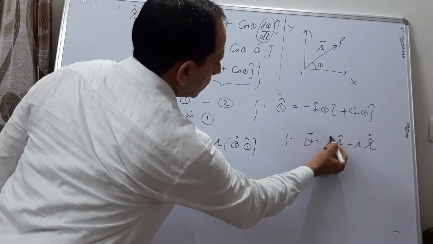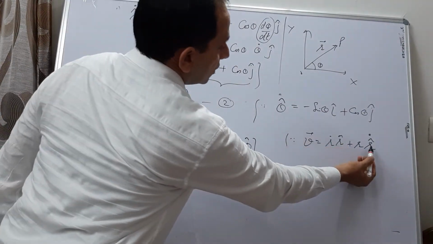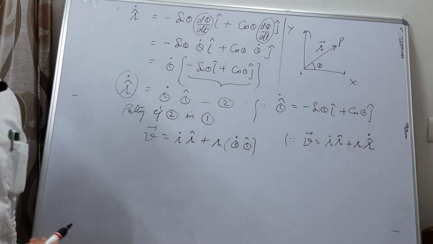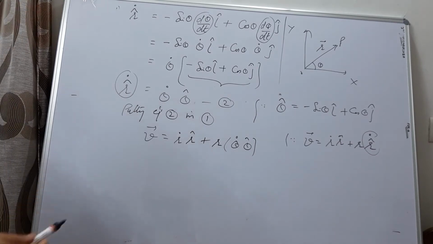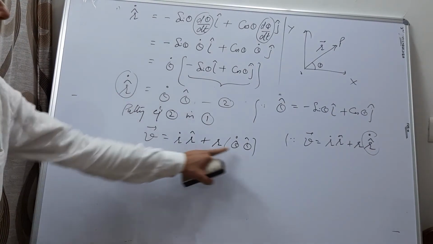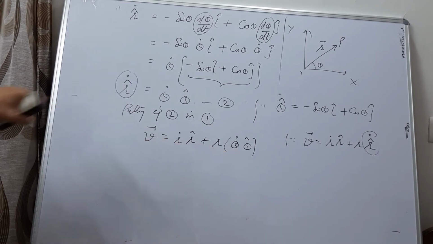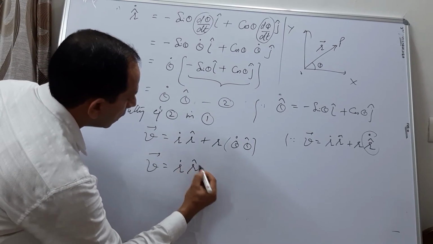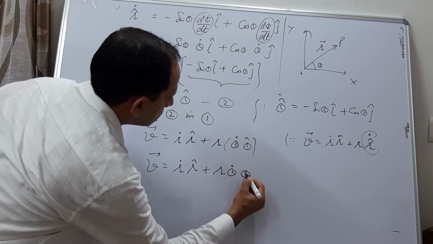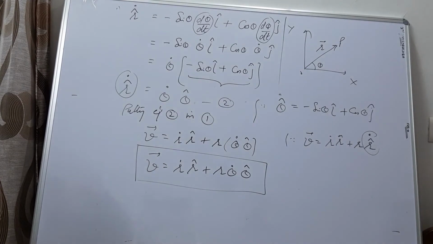So, this r dot is acceptable, because it is the derivative of magnitude, but this is the derivative of direction, that is, the unit vector. So, we have solved this value from equation number 2, and on putting the value of this r cap dot in equation number 1, this is the final velocity. So, velocity is equal to r dot r cap plus r theta dot theta cap. This is the expression for velocity in the plane polar system.